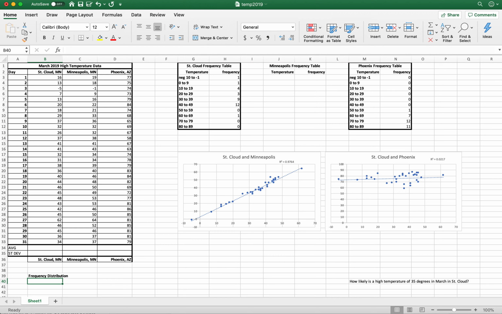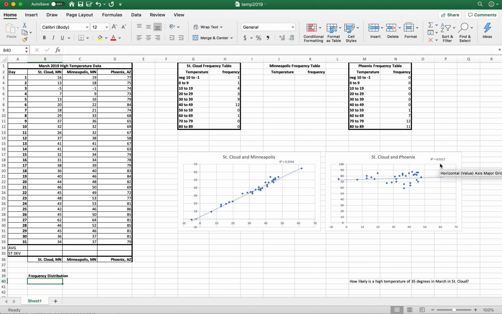Hey everybody, today I'm going to continue with ideas from chapter 6. But before I get started with that, I just want to recap correlation. At the end of the last lecture, I asked you to come up with the correlation coefficient for St. Cloud and Phoenix. And I did that in the graph here, and we ended up with an R squared value